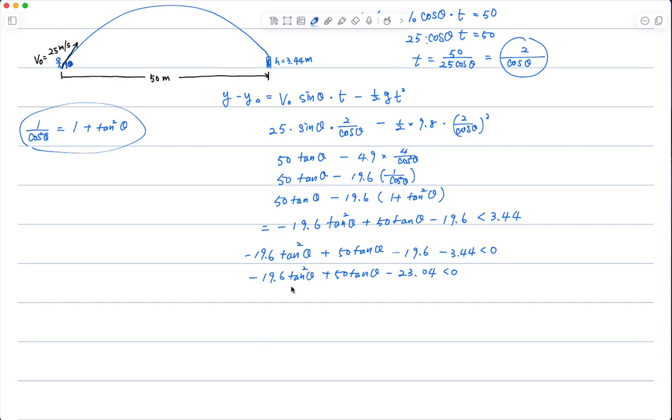Now I just consider tangent theta as our variable. By using the quadratic formula, tangent theta equals negative 50 plus or minus the square root of 50 squared minus 4 times negative 19.6 times negative 23.04,